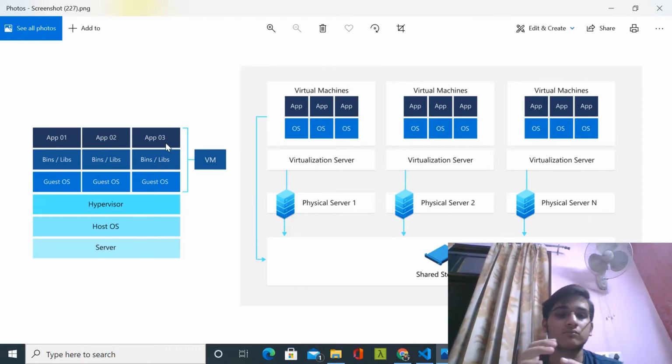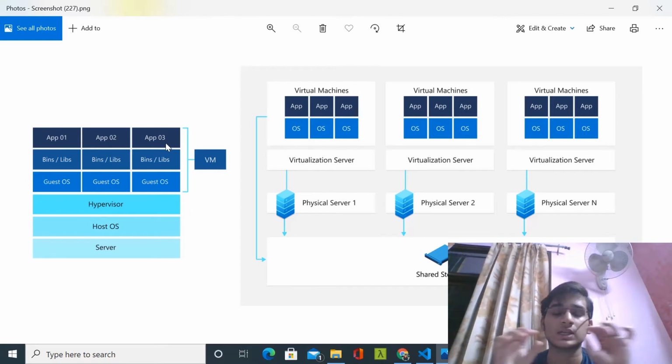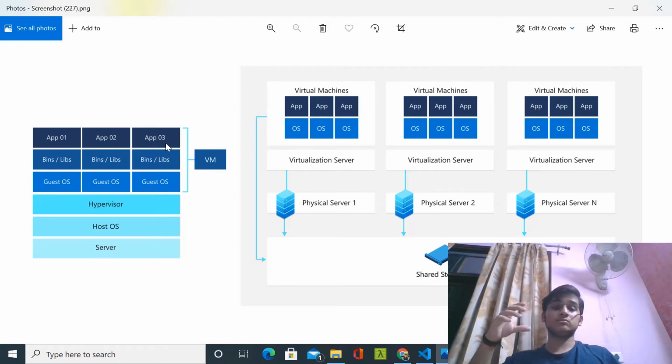So you have your hardware resources, and on top of that, we have our host operating system. On top of that, we need to use a hypervisor. This is a layer, a software program which helps us create these virtual machines. On top of the hypervisor, we run our virtual machines, each with a guest operating system, as you can see in this image.